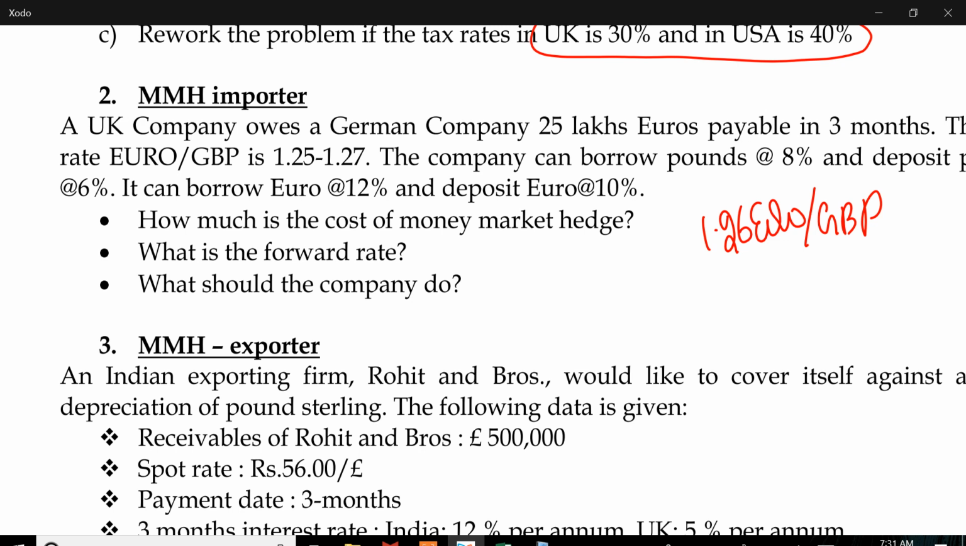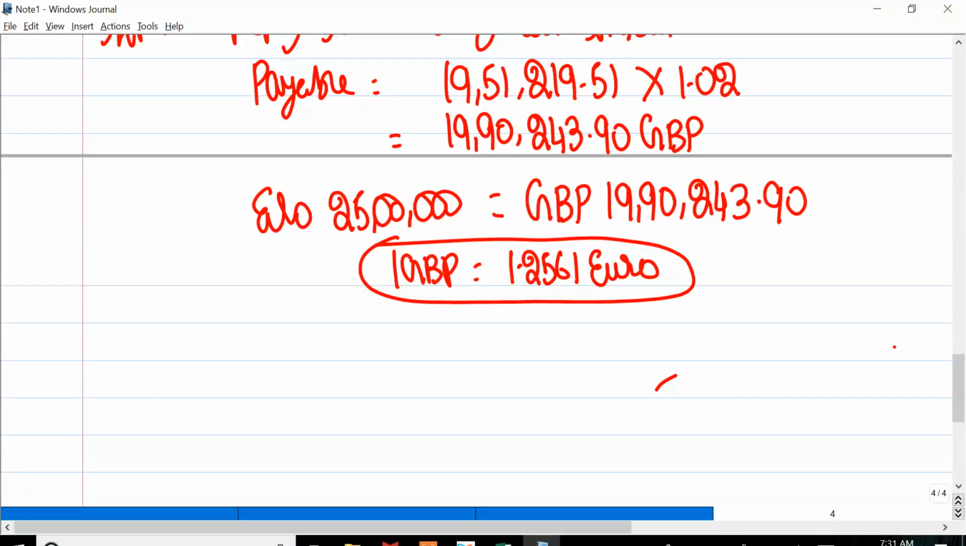When you divide 25 lakh by 1.26, how much is it? 19 lakh 90,243. So why should I take a money market hedge and pay 1990? I can as well keep it open. Clear? Now, the decision on money market hedge